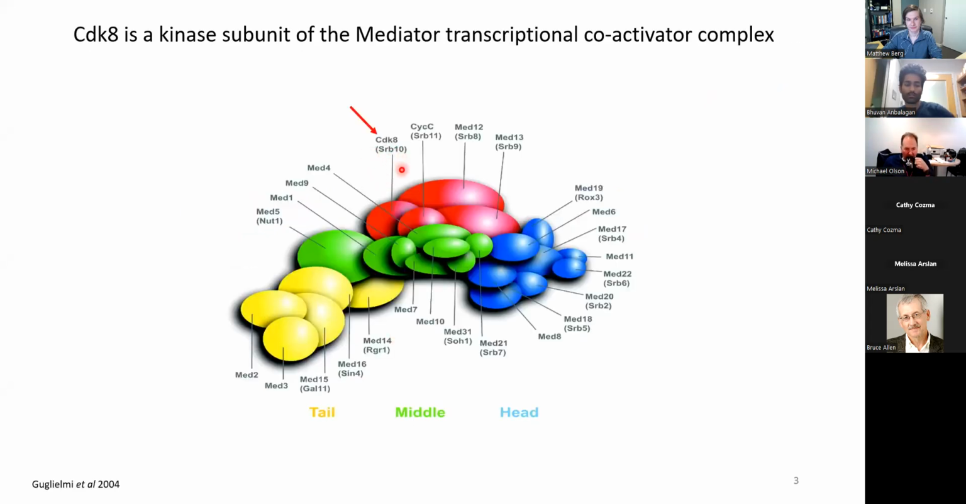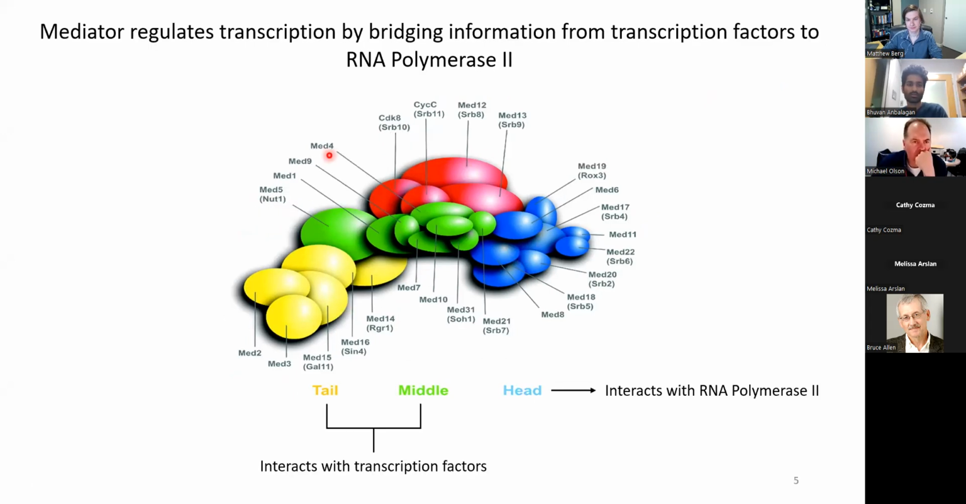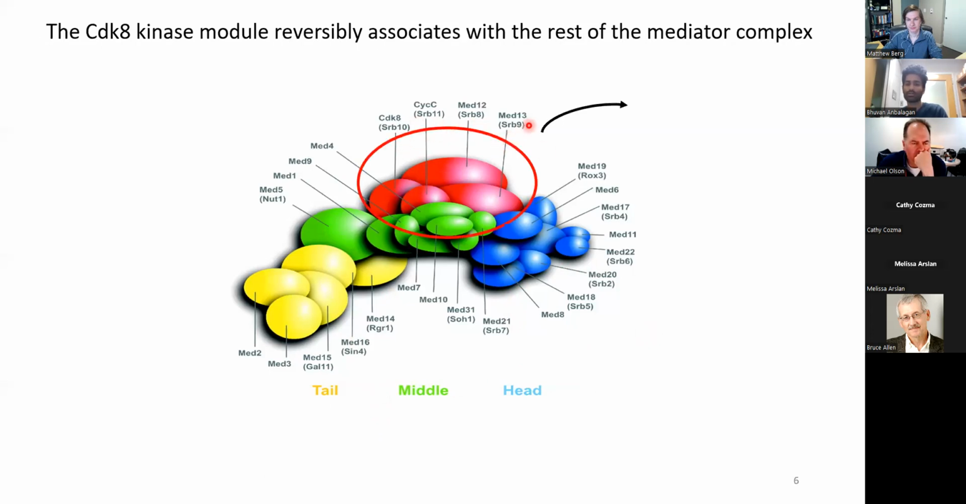So CDK8, which is a key player in transcription, is a kinase subunit of the Mediator transcription cooperative complex. And the Mediator is organized into 4 modules: head, middle, tail, and the CDK8 kinase module. So Mediator regulates transcription by bridging information from transcription factors to RNA polymerase 2, where the head region interacts with RNA polymerase, and the tail and the middle portion interact with transcription factors. The CDK8 kinase module, which consists of CDK8, cyclin C, MED12, and MED13, reversibly associates with the rest of the Mediator